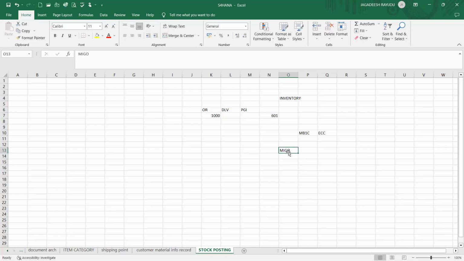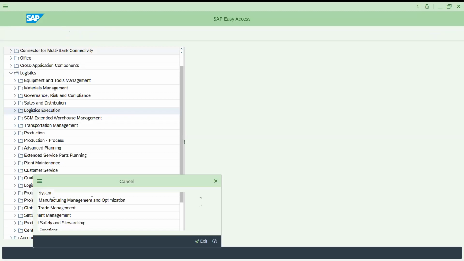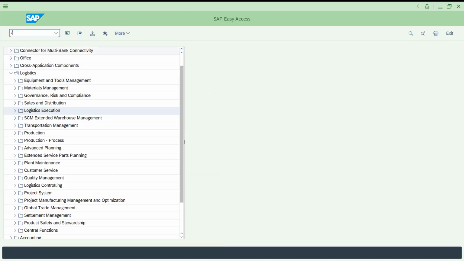Okay, so let's go back to the SAP screen quickly. Let me show you. If you click, see, the transaction MB1C is obsolete. You check this note, that is the message. In ECC, you can enter the movement type here, plant here, and storage location here. Probably ECC folks are aware of this. So let's try to do the stock posting